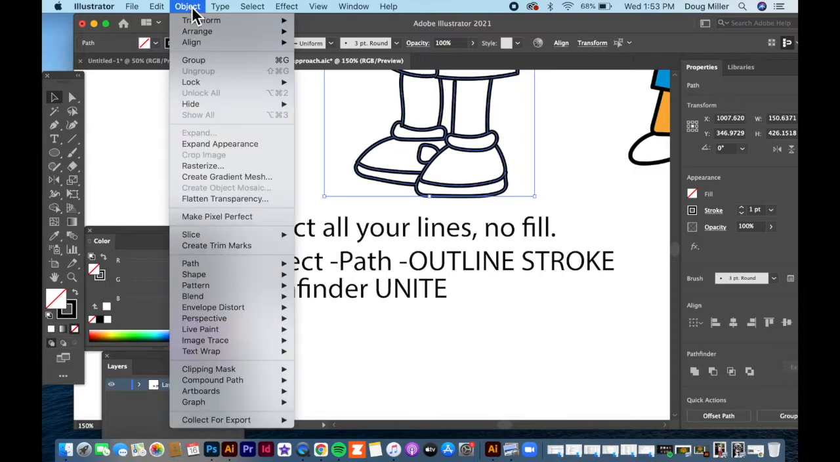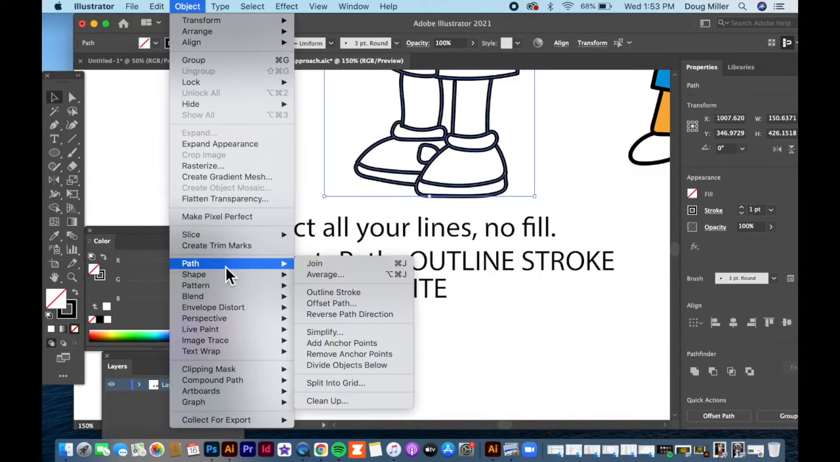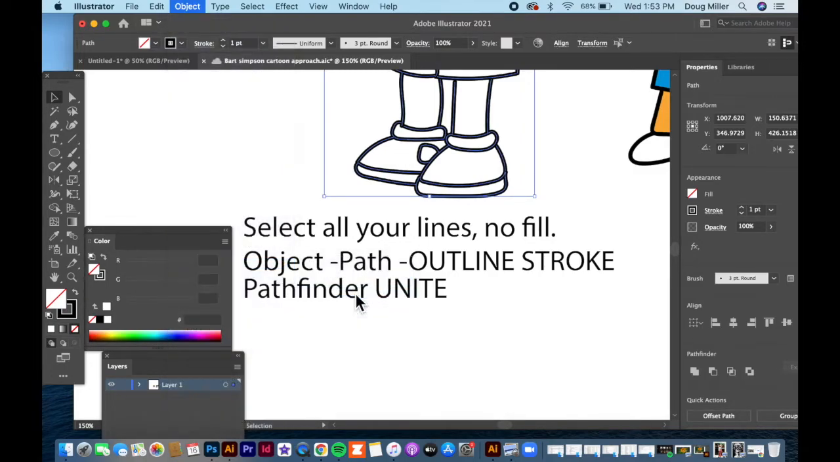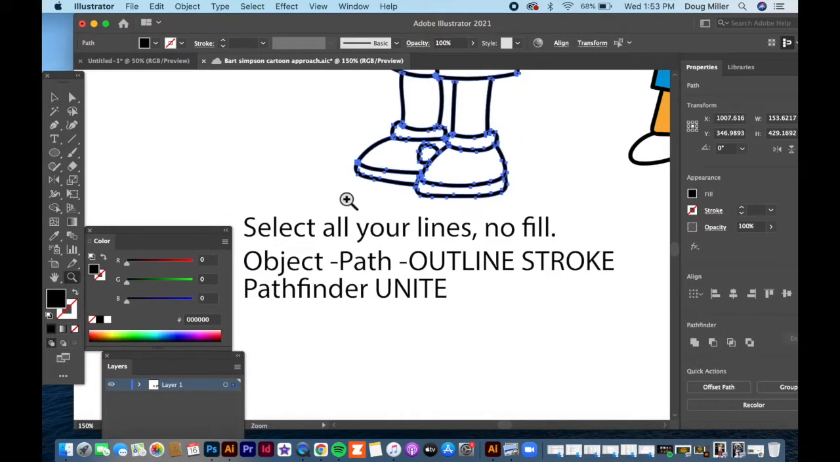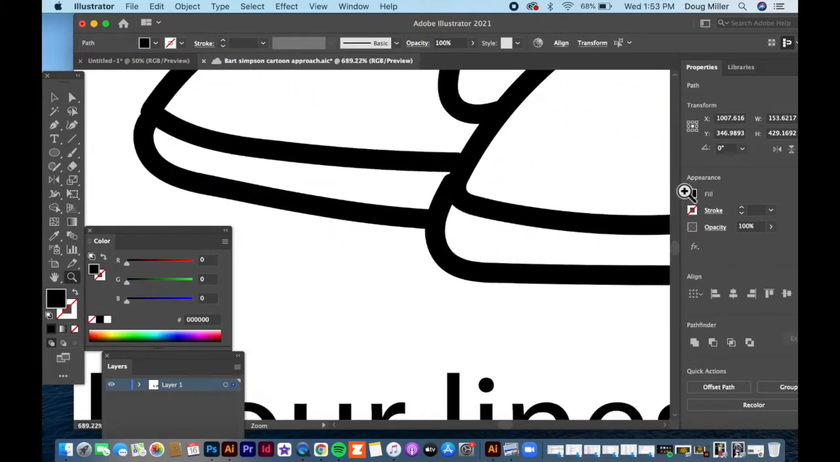I go to Object, I go down to Path, and I go to Outline Stroke. That now converts the lines you drew into shapes, which is going to let me use the live paint bucket in a minute. Now, what I like to do is once I have this all set up,